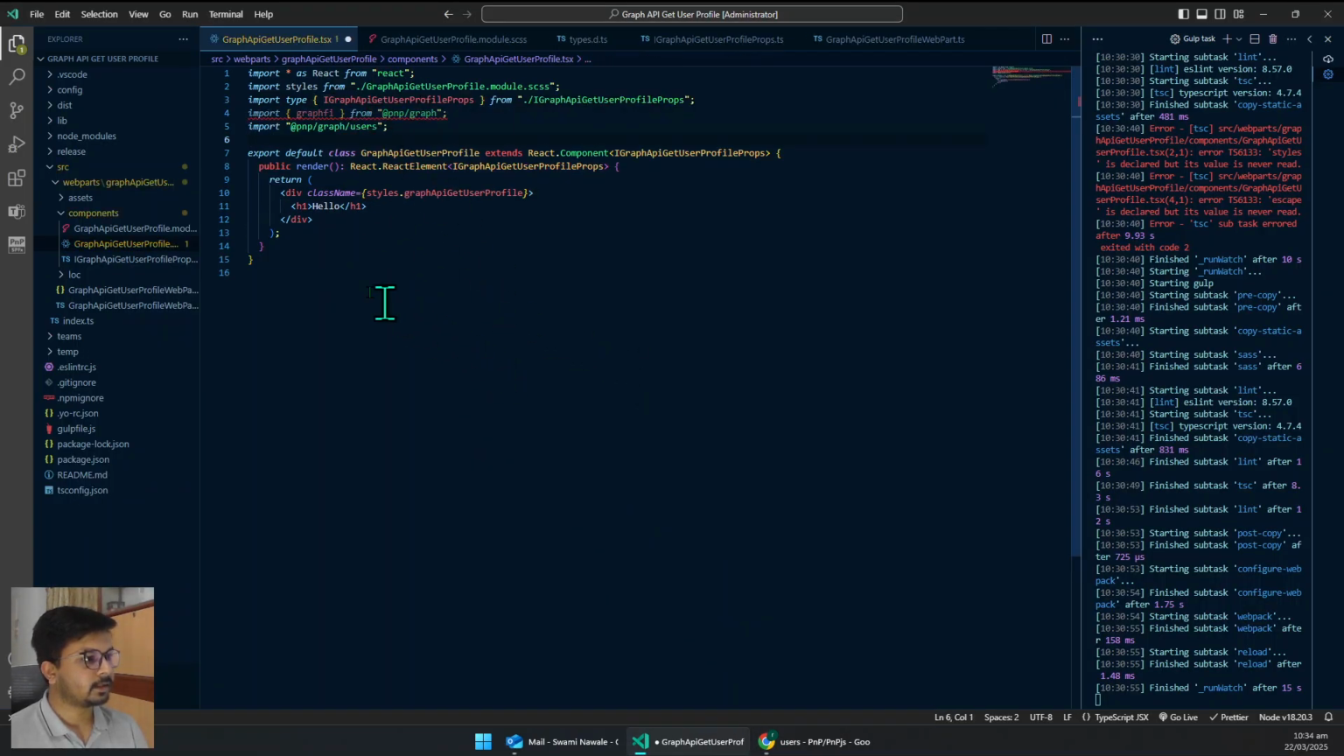So I will import them. I have already installed the Graph API, that's why I'm able to import it. But if you did not install it, you will face an error like this: package not found. So make sure you use the PnP JS installation first. After that,